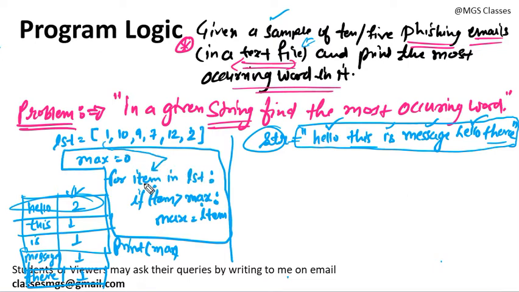First time 1 will come in this item, and 1 is greater than 0, so the current maximum will become 1. Now again 10 will come in this item, 10 is greater than 1, so 10 will become the current maximum. Next time, 9 is greater than 10? No, nothing will happen. 7 is greater than 10? No, nothing will happen. 12 is greater than 10? Yes, so the maximum will be updated with 12. And next time 2 is greater than 12? Condition false, so it stays 12, and this ends your loop, and you get the maximum at the end of this for loop.